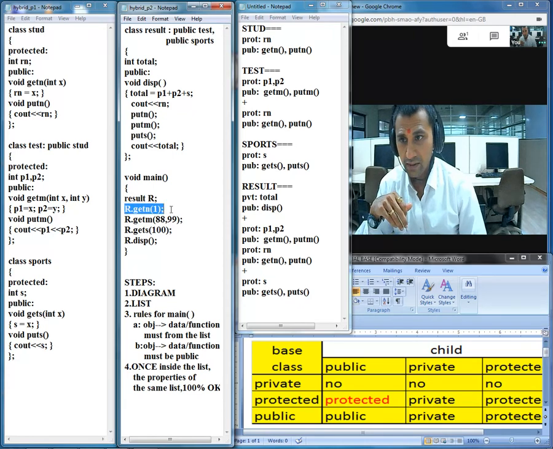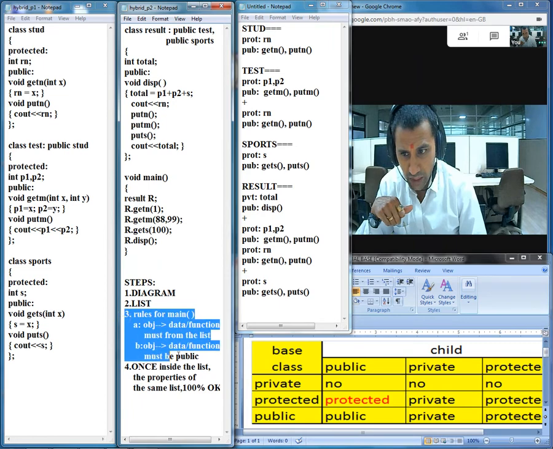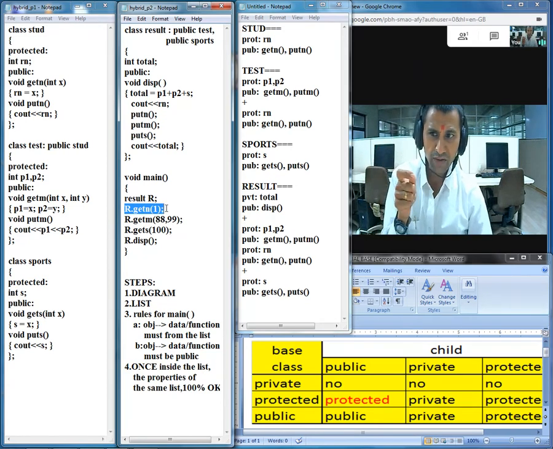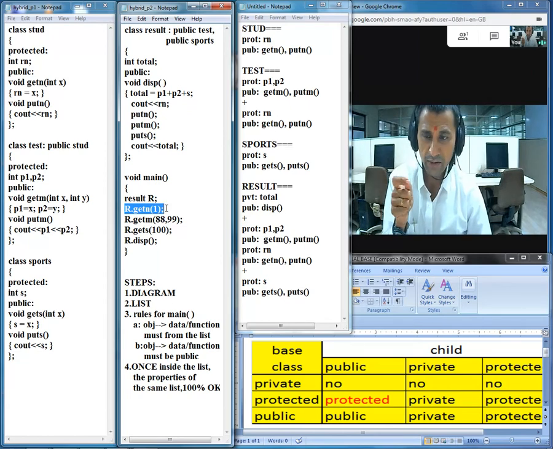First thing, now it's time to apply rule number 1 and rule number 2. For each and every line, you are supposed to implement both rules. Rule number 1: using object R, we are trying to access the getn function. What does rule number 1 say?